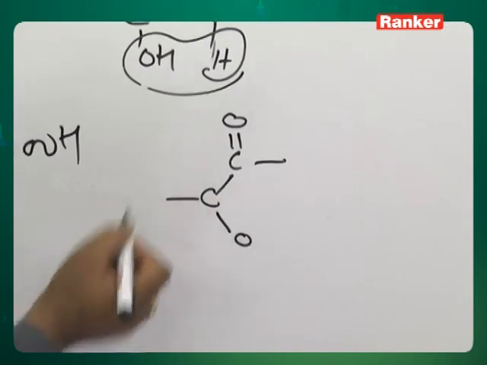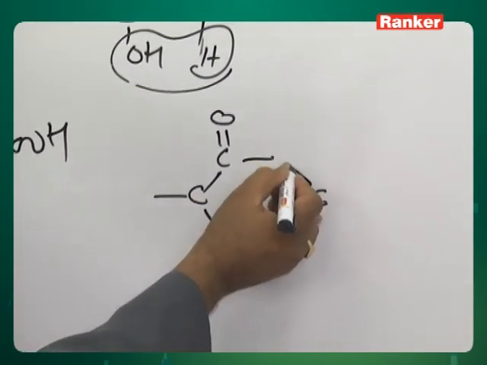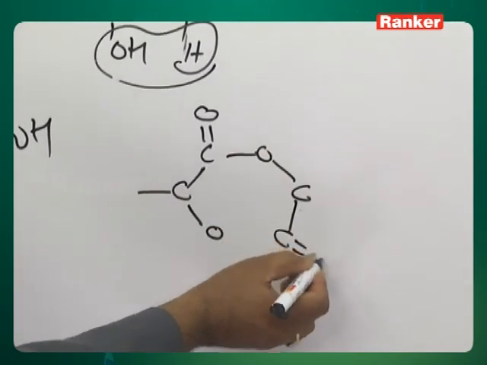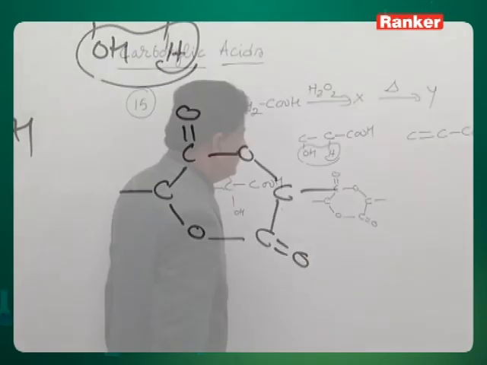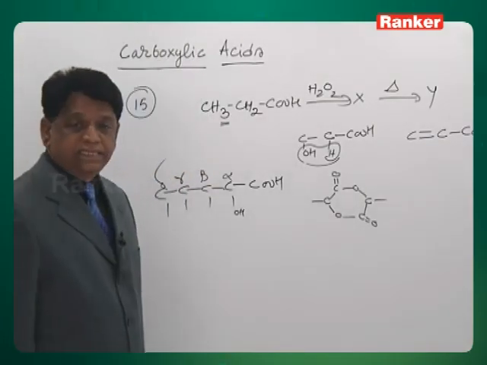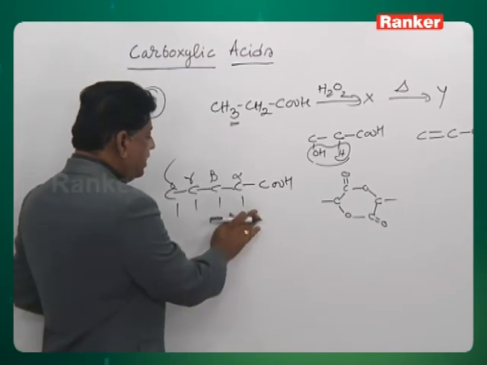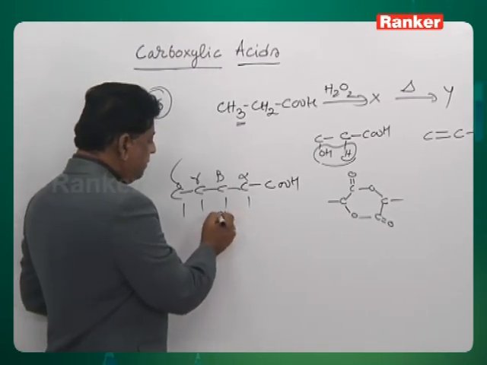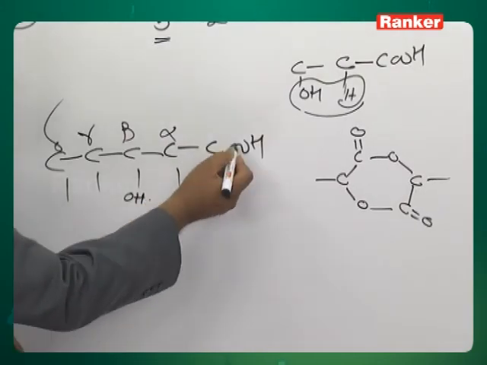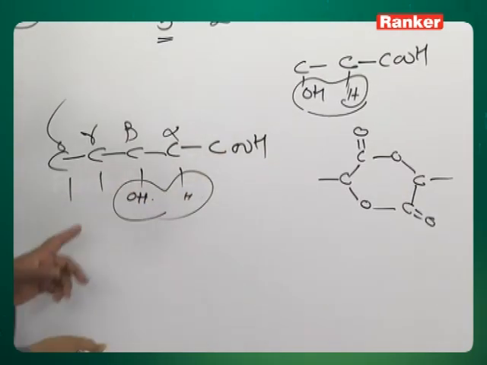This is a hydroxy carboxylic compound, having a hydroxy group and a carboxylic acid. This is called lactide formation. Alpha hydroxy acids on heating become lactides. For beta hydroxy compounds, if the OH is beta, the alpha hydrogen shows hyperconjugation, therefore elimination takes place and we will get an alpha